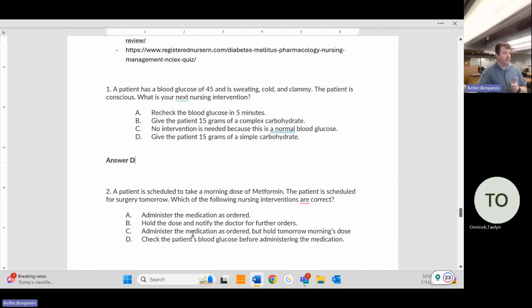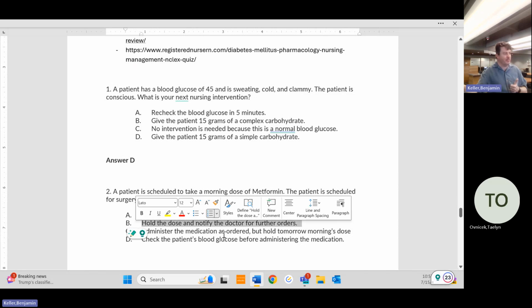So should we administer the order but hold tomorrow morning? So she's like, no, because oftentimes we have to hold that dose for up to 48 hours. Should we check the patient's glucose before administering the medication? No, we need to hold that medication for up to 48 hours, and we need to find out if there